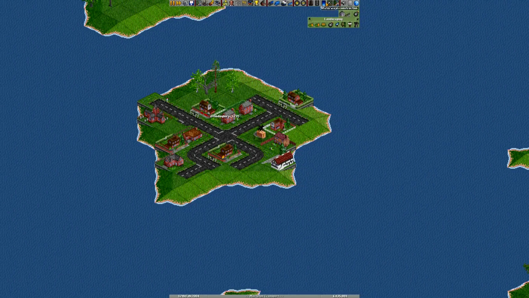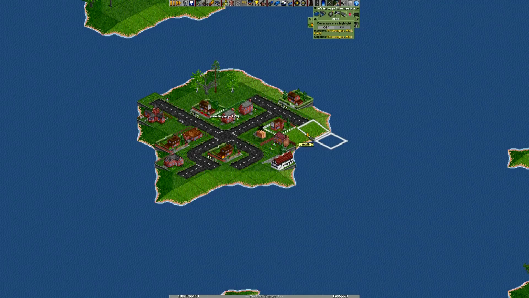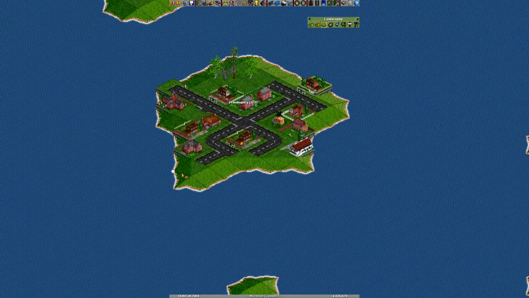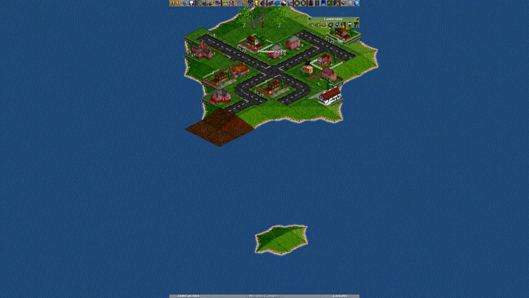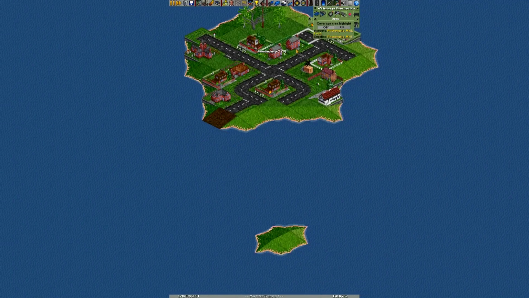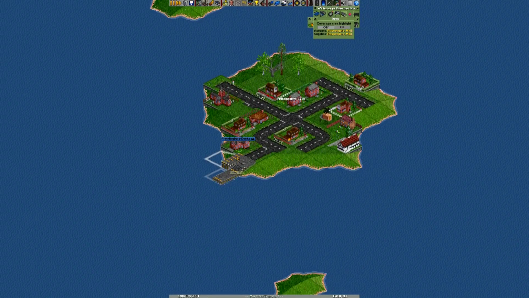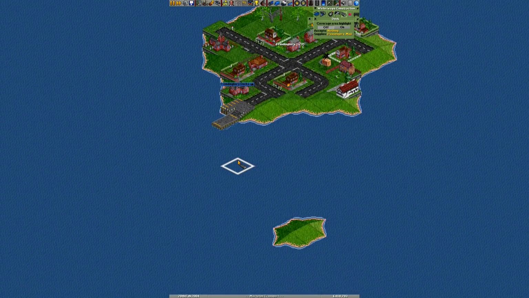So what we'll do is we'll help out by building a ferry route to the mainland, so these people can actually eat, which I'm sure is something that they'd be quite pleased about. So let's build a dock. There's even a car parking centre, because obviously when you're on an island that small, definitely the thing to do